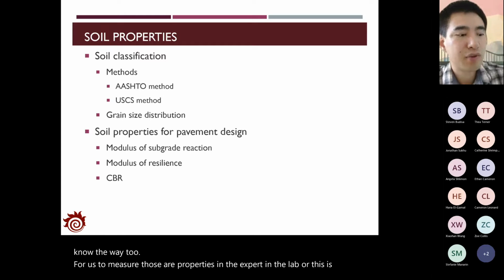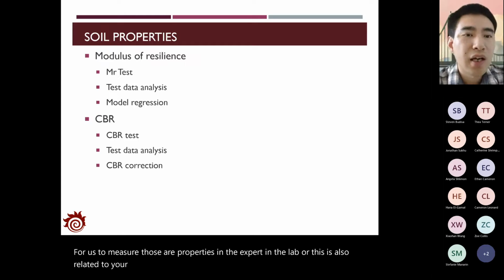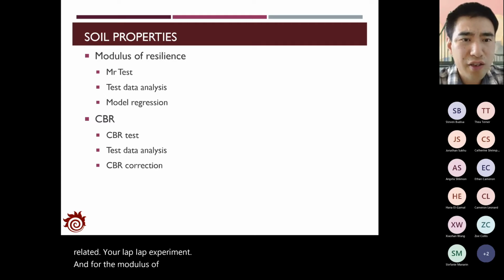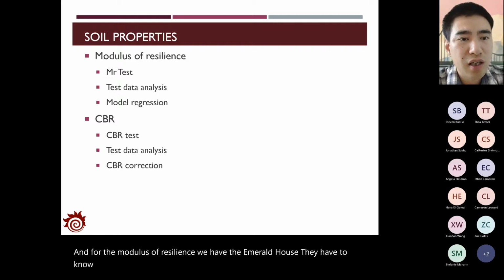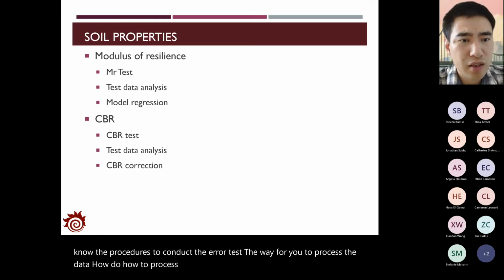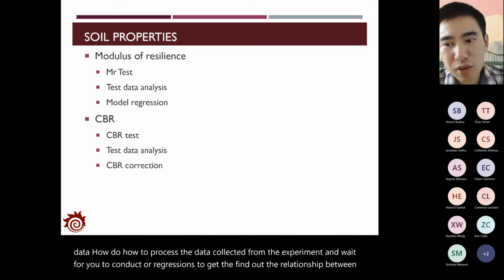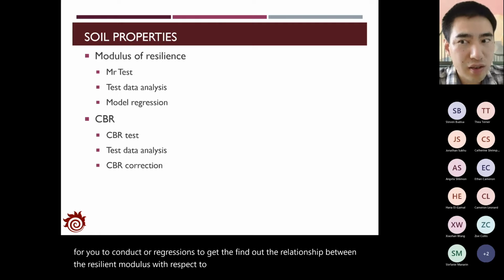This is also related to your lab experiment. And for the modulus of resilience, we have the MR test. You have to know the procedures to conduct the MR test, the way for you to process the data collected from the experiment, and the way for you to conduct the regressions to find out the relationship between the resilient modulus with respect to the bulk stress and the cyclic